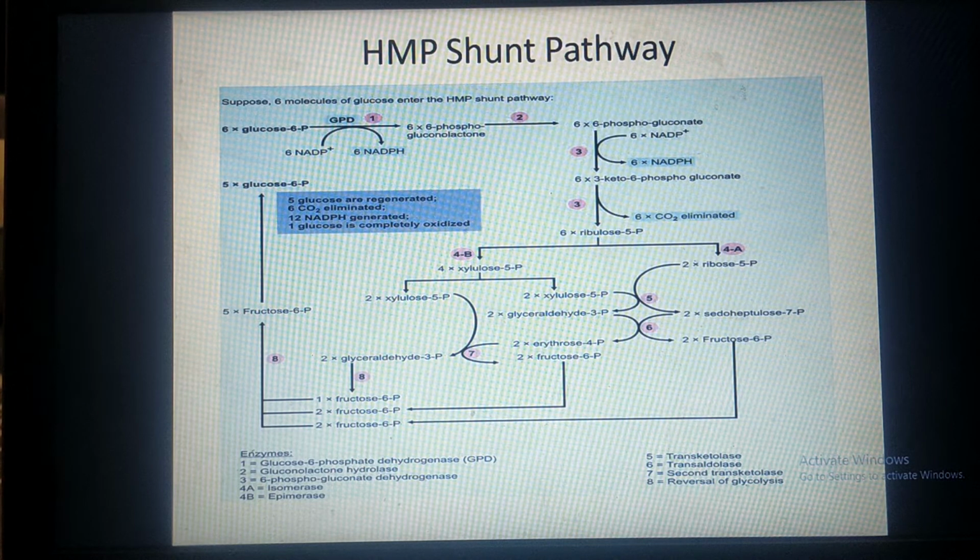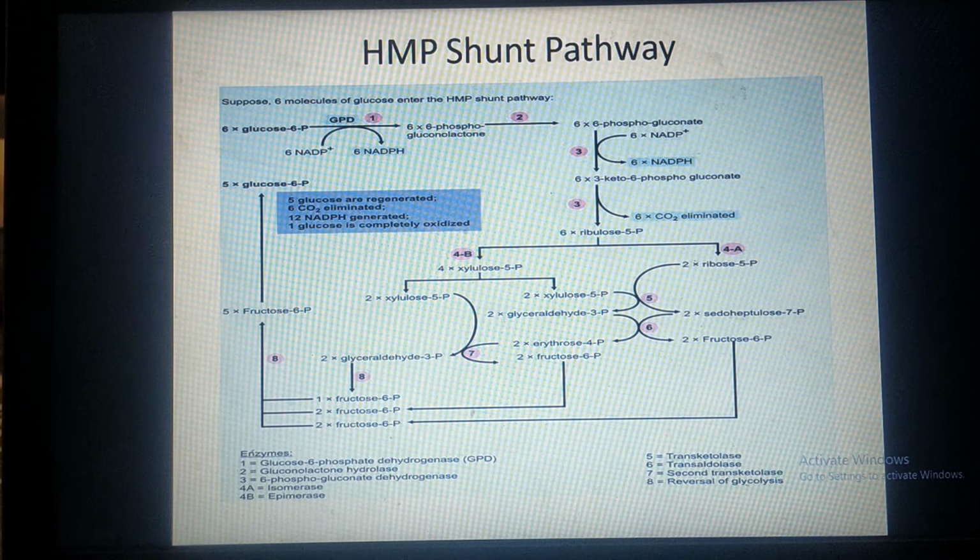So 5 plus 5 sugar, xylulose 5-phosphate and ribose 5-phosphate, 2 molecules of each, condense to form 2 molecules of glyceraldehyde 3-phosphate and 2 molecules of sedoheptulose 7-phosphate. Now these 7 plus 3 sugars condense to give 2 molecules of erythrose 4-phosphate and 2 molecules of fructose 6-phosphate. Now these 2 molecules of erythrose 4-phosphate then combine with the 2 molecules of xylulose 5-phosphate